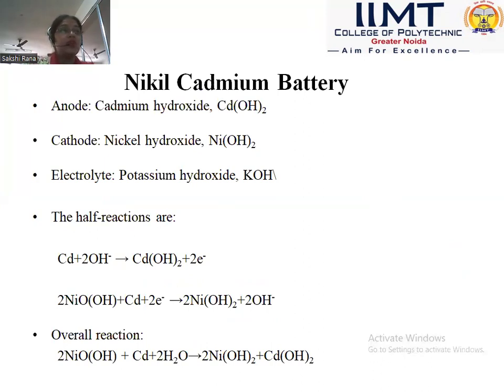Electrolyte क्या होता है इसमें? Electrolyte basically is that chemical that helps to flow the charges between cathode and anode, that is known as the electrolyte. Electrolyte is potassium hydroxide, and in place of potassium hydroxide we can also use sodium hydroxide. Then the half reaction, means at the point of anode or at the point of cathode, that is cadmium plus